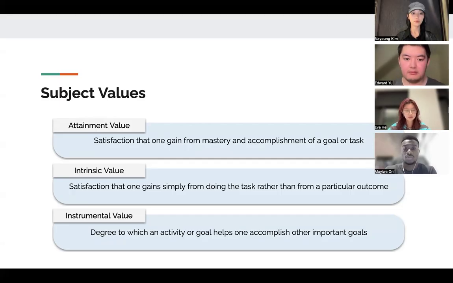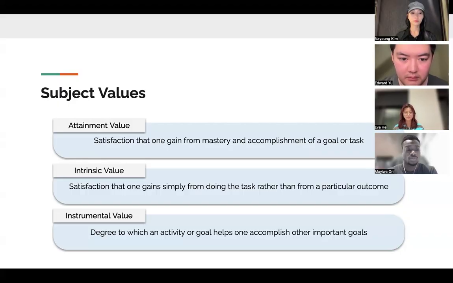achievement-related activities. The first is attainment value, which refers to the satisfaction a person gains from mastery or accomplishment. Students are motivated because completing a task allows them to demonstrate competence or to prove their ability. For example, a student may spend hours solving a difficult problem simply because successfully answering the challenging question